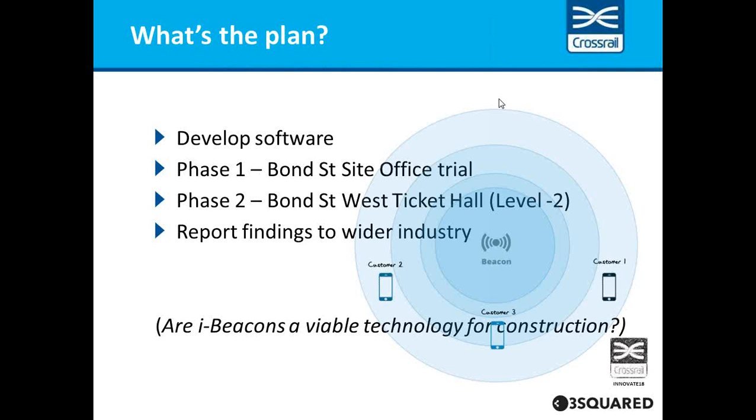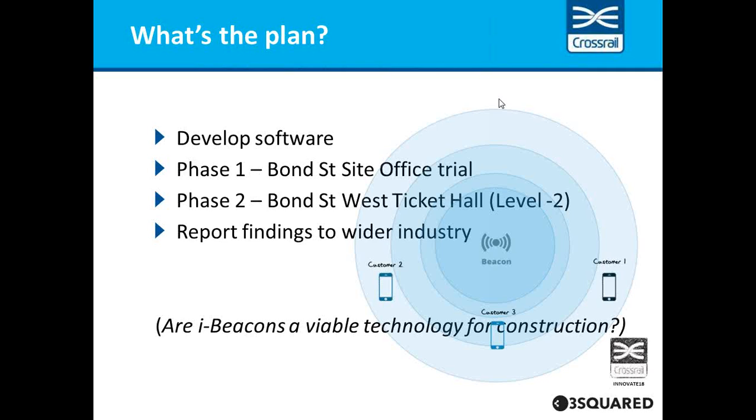I'll talk a little bit more detail about that capability in the use cases we're looking at in a moment. Once we've developed the software, been through those early phases of development, we're coming towards that end now. We want to go through a series of actual site trials, and phase 1 will actually be in a site office, which doesn't sound particularly challenging, but it gives us an opportunity to test zone management and the capability of the devices and calibrating the devices and working out whether we can make them accurate, and we can do that in a safe, accessible office environment. Then phase 2, once we're absolutely sure that we've satisfied most of the requirements that we set out at the beginning of the project, we'll move on to a live construction site.